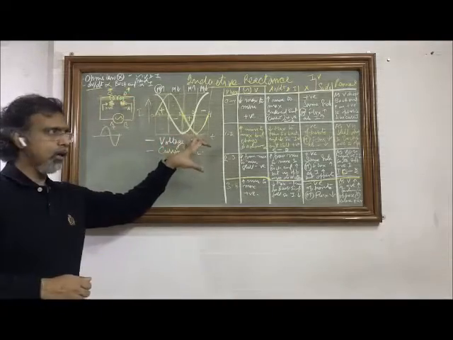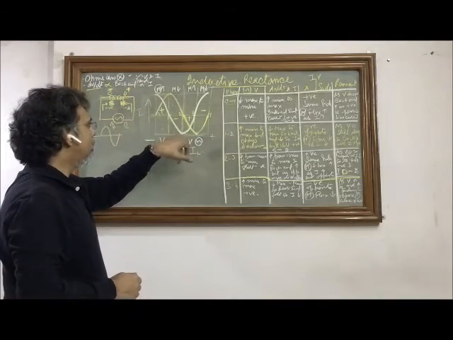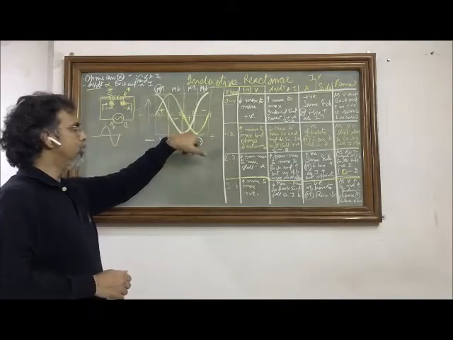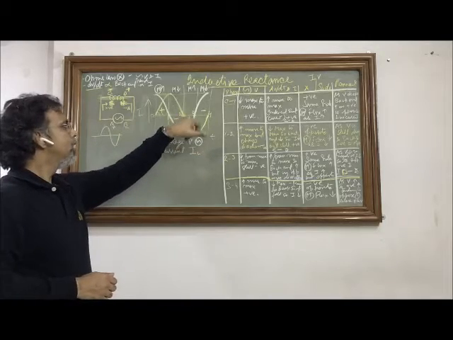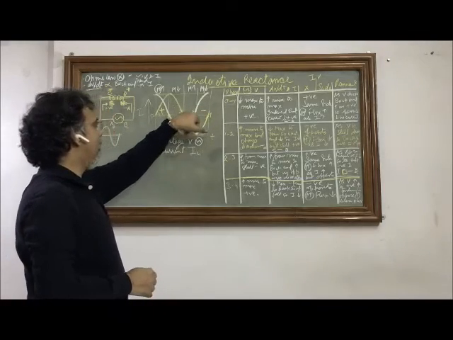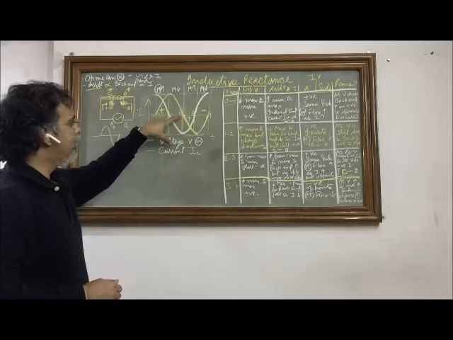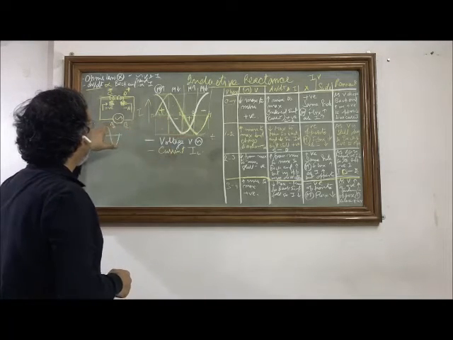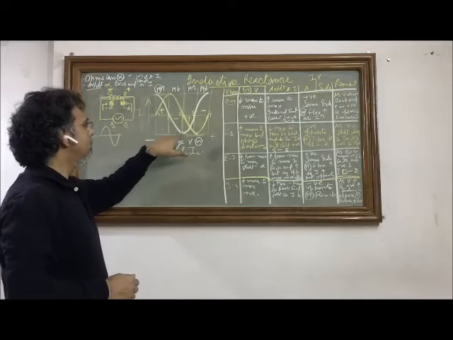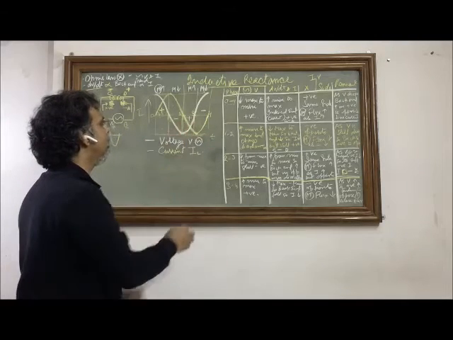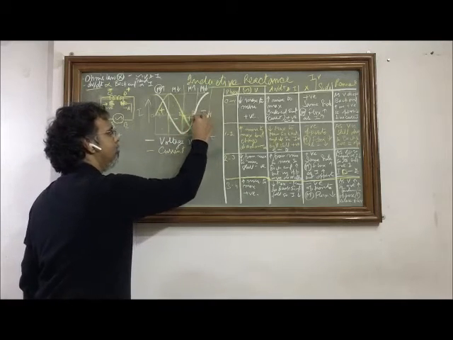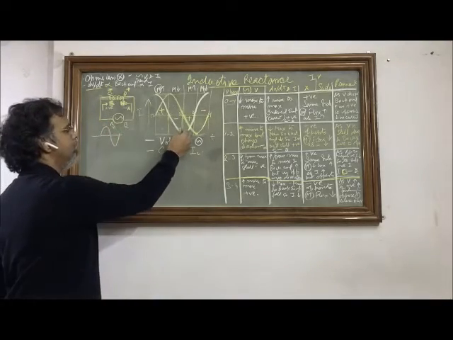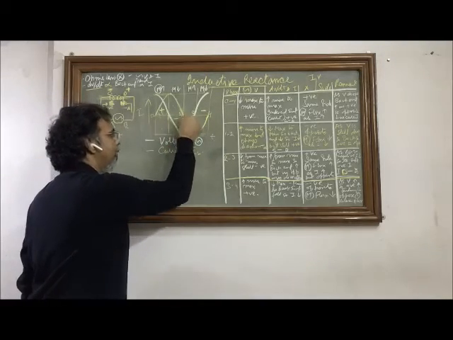We can see it in another way also. In the third quarter, initially dV/dt is 0, which means the current needs to be 0, and it is 0 here. Now you see what is happening to dV/dt, or the rate of change of the voltage in the source. It is increasing now, and at this point the rate is steepest, so the current has to be steepest. So one thing is that the current is going to go from a minimum value to a maximum value.